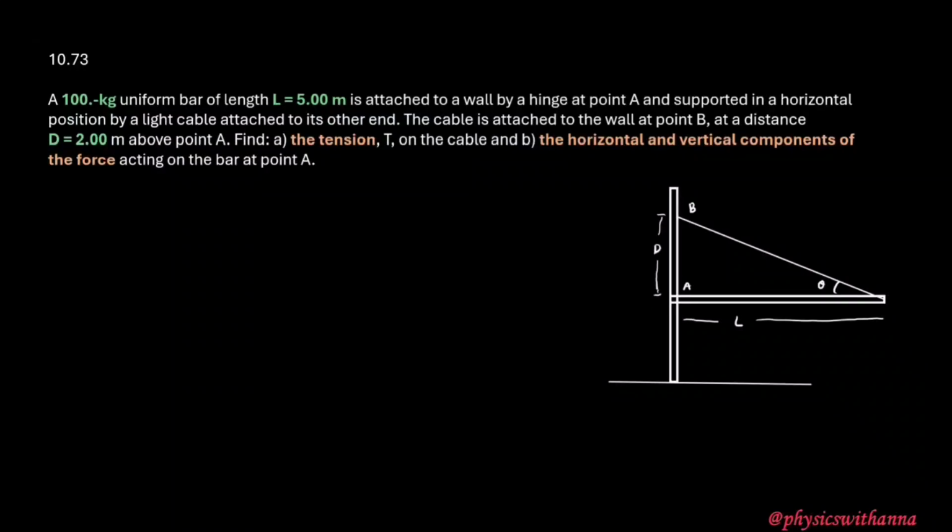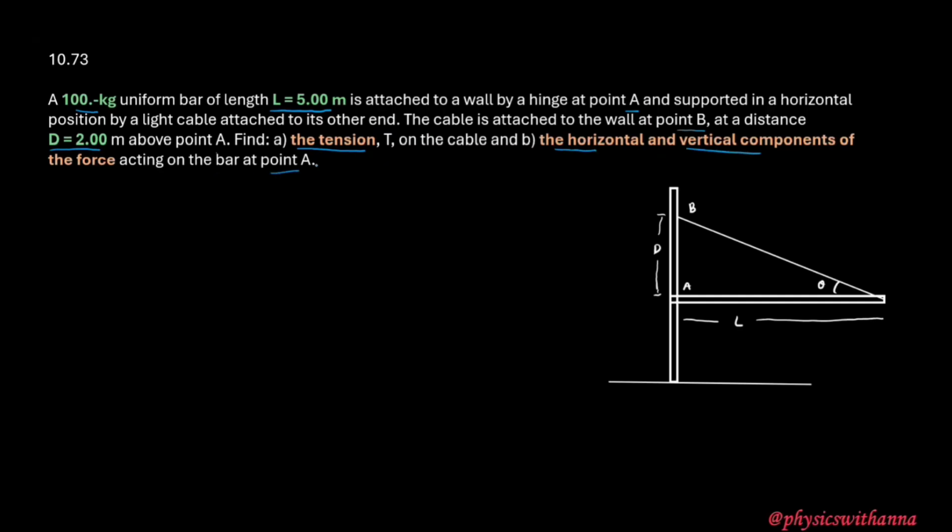Question 10.73. A 100 kg uniform bar of length L equals 5 meter is attached to a wall by a hinge at point A and supported in a horizontal position by a light cable attached to its other end. The cable is attached to the wall at point B at a distance D equals 2 meter above point A. First part of the question is asking us to find the tension T on the cable. And in the second part, we need to find the horizontal and vertical components of force acting on the bar